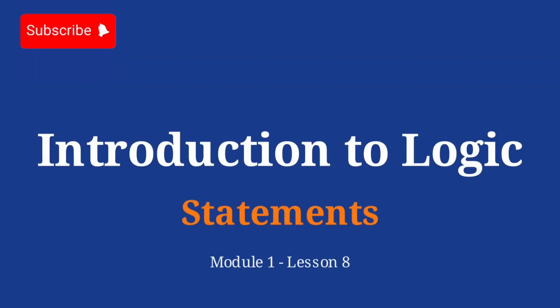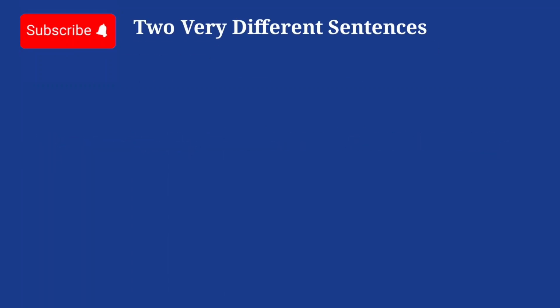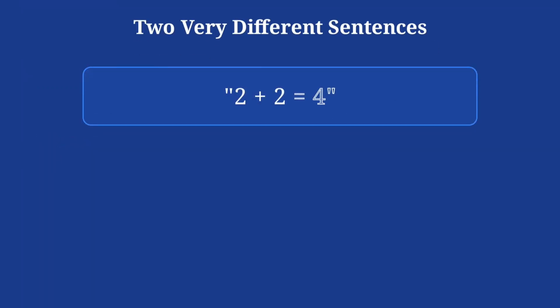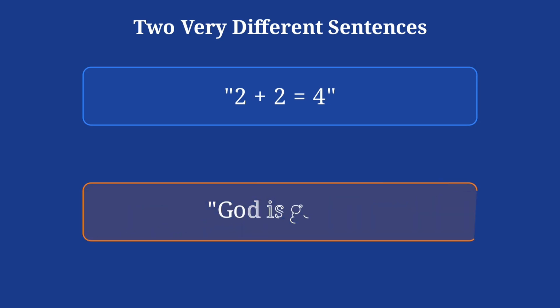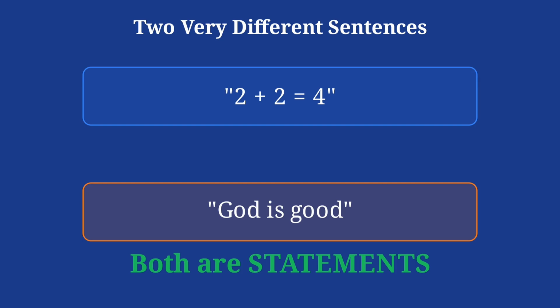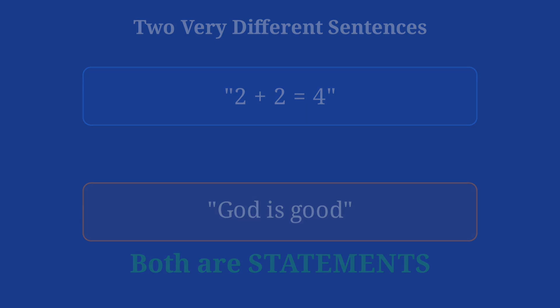What do the sentence "2 plus 2 equals 4" and the sentence "God is good" have in common? It might seem like nothing, but in mathematics and logic, they are both perfect examples of the same thing, a statement. And understanding what makes a sentence a statement is the first and most important step into the world of